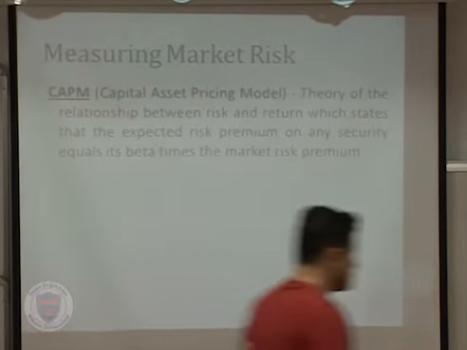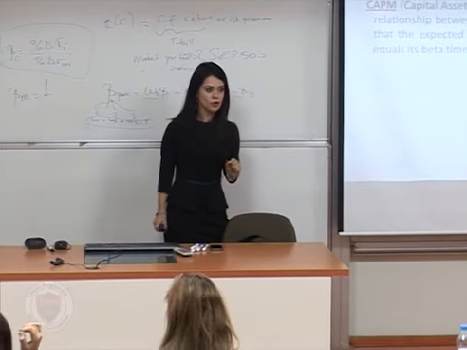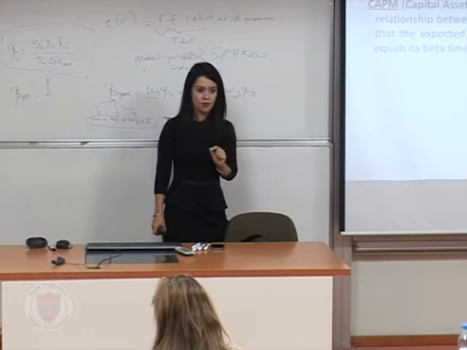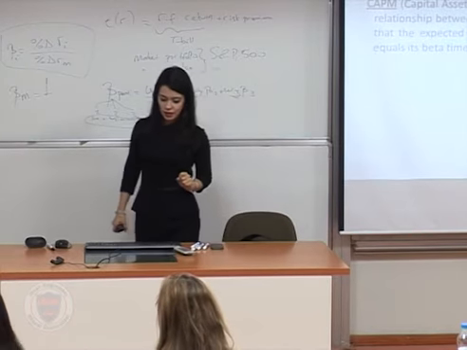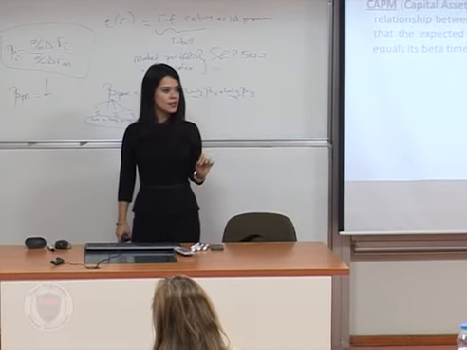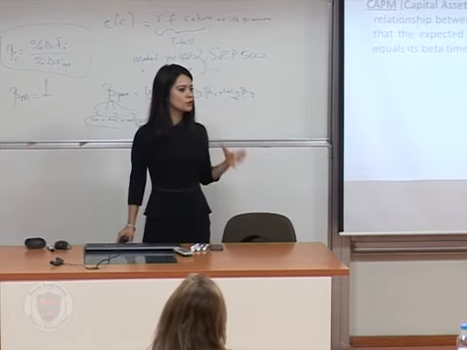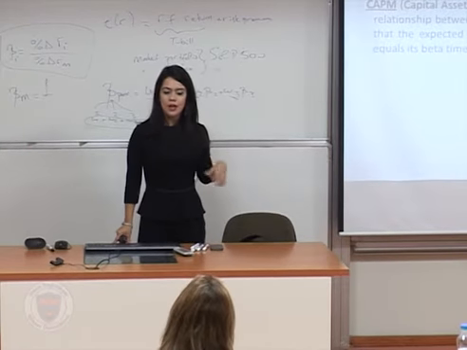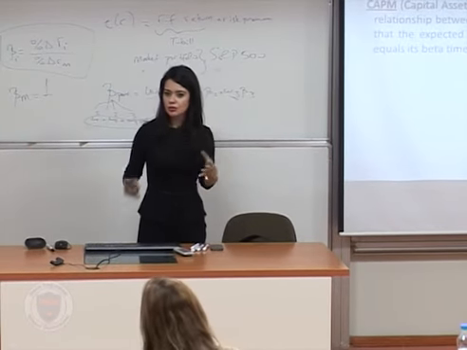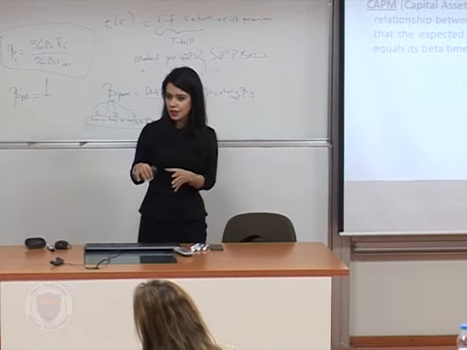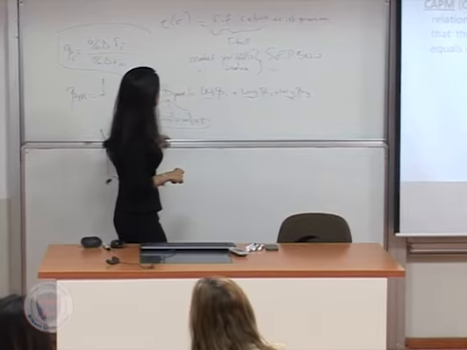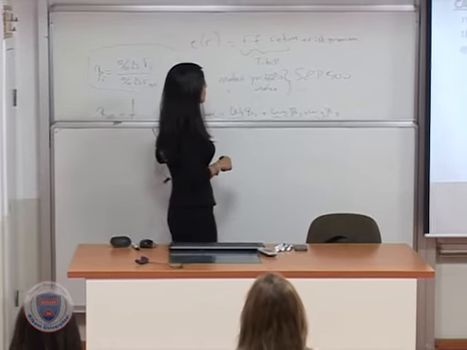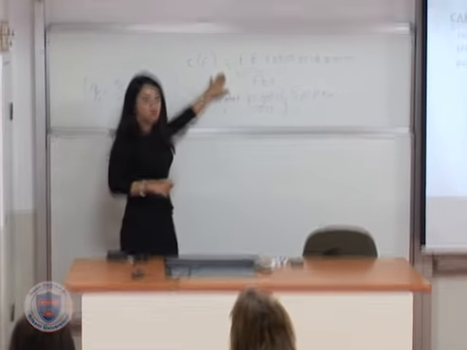So the capital asset pricing model, which is seriously a very, very important model, is widely used in industries as well. It basically tells us the relationship between risk and return. We expect that high risk should translate into high return anyway. But here, the capital asset pricing model is going to tell us this thing.